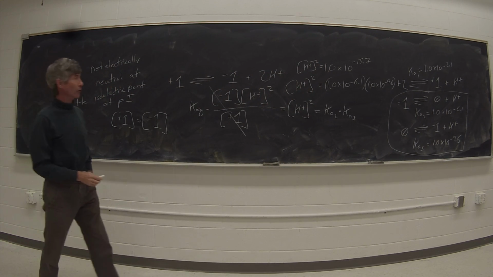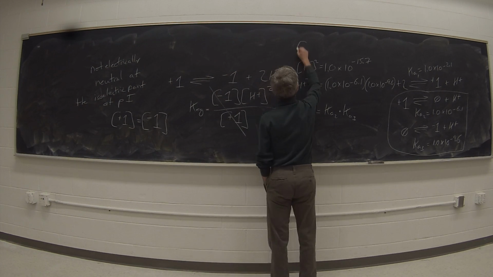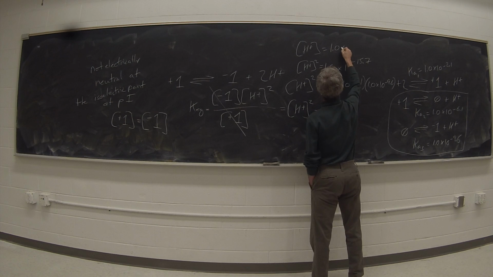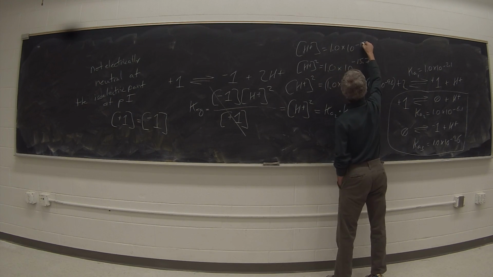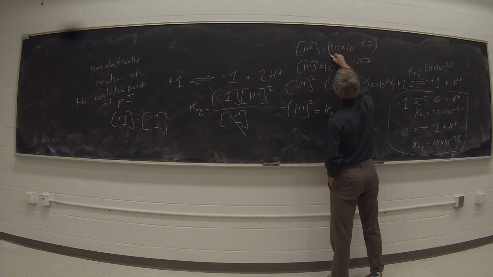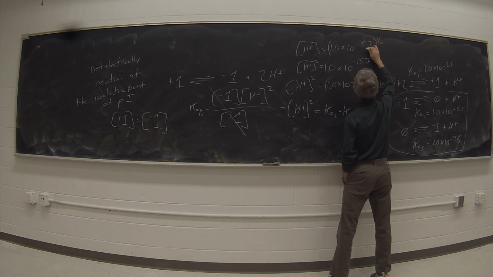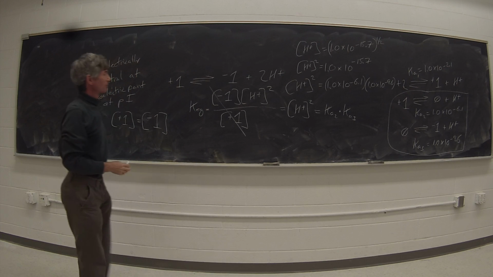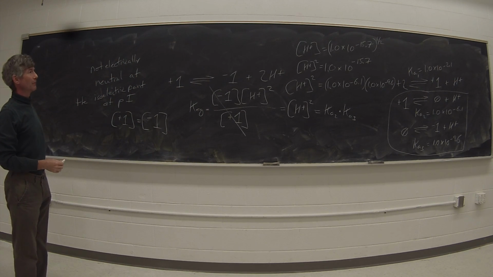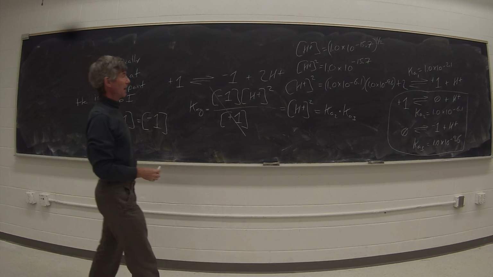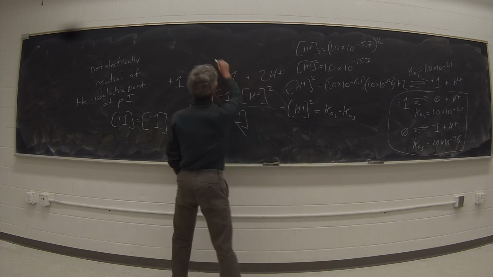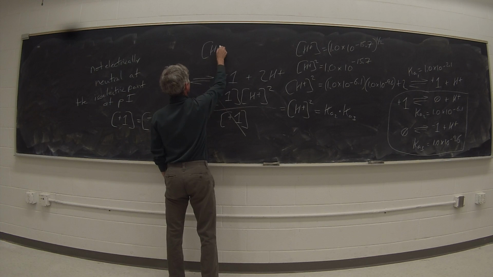And then we're going to take the square root of both sides. Hydrogen ion concentration is then equal to 1.0 times 10 to the minus 15.7, taken to the 1/2 power, square root. And if we multiply minus 15.7 by 1/2, or divide minus 15.7 by 2, our hydrogen ion concentration